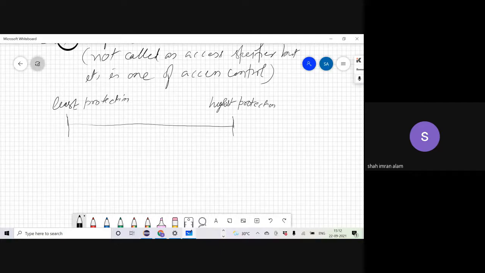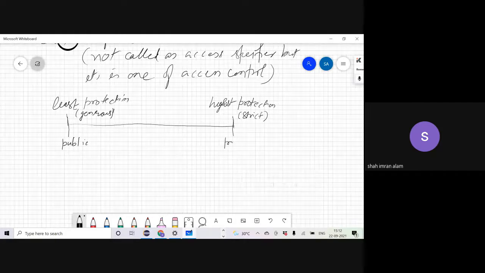This side is more generous and this is more strict. So at this generous end we have got public, the most generous of all the 4 access controls, and the most strict is private.